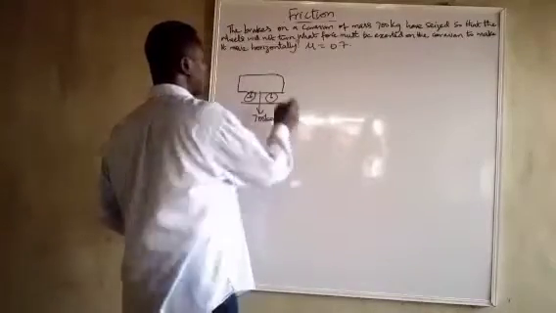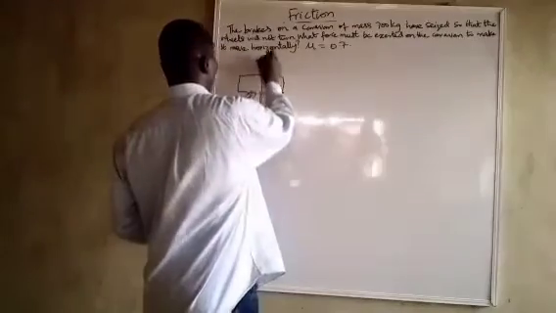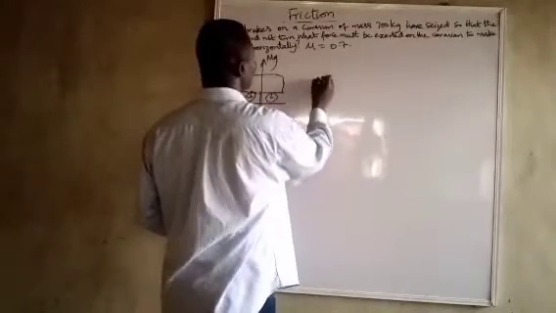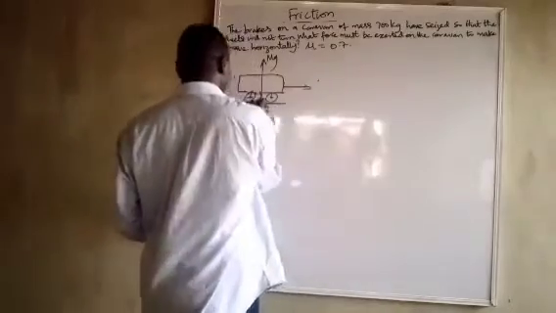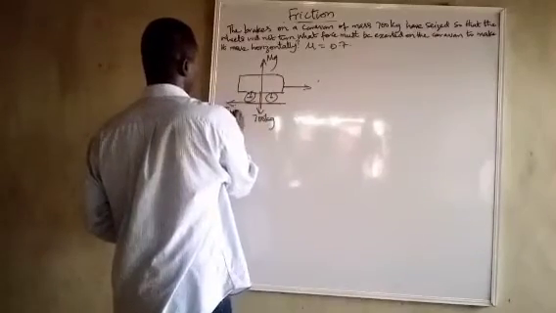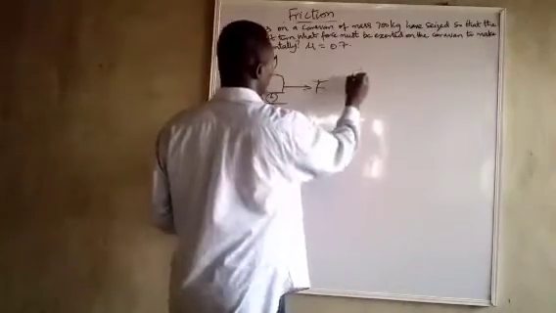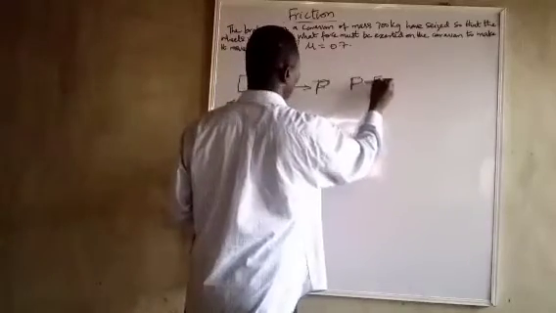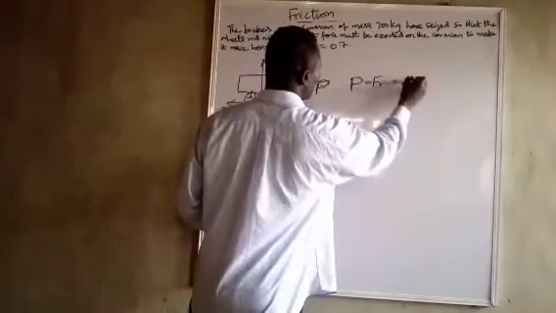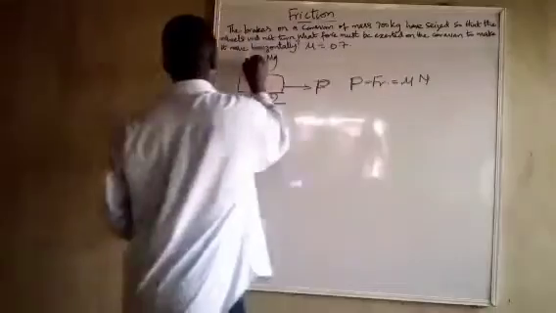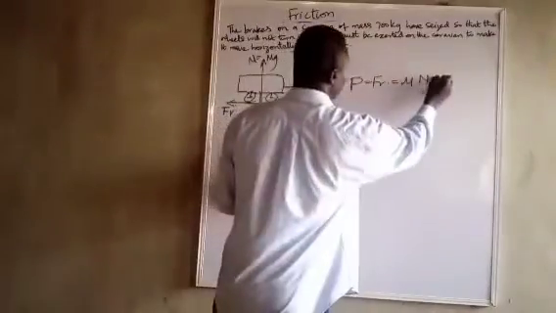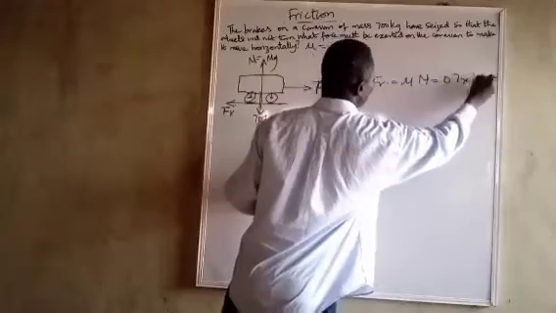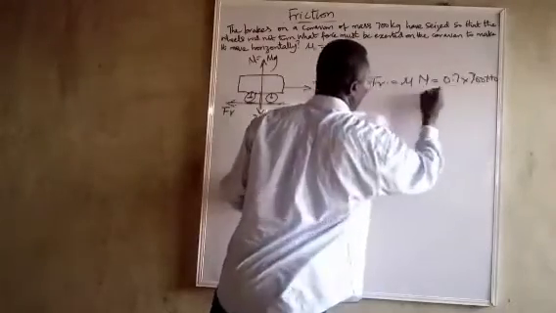So the force required now, because the normal reaction will now be mg. So F that will pull it must overcome the frictional force. So F, or let me say P, is equal to frictional force, which is equal to mu N, and N equals mg. So which is equal to 0.7 times 700 times 10, and that's going to give us